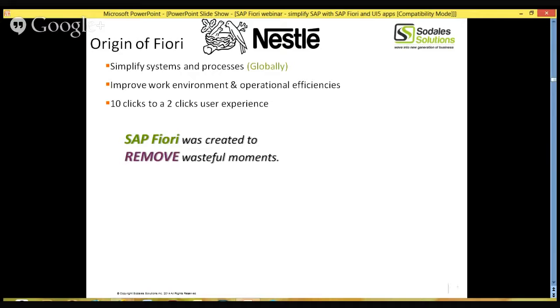And this is a project where my team was initially working, and the whole idea was for Nestle to become a more consumer-centric company. They had literally every single product of SAP, but still they had user adoption issues, and they wanted to improve the work environment and operational efficiencies. So in the end, Fiori was created by working with the users of Nestle, and it was 30, 60, 90-day